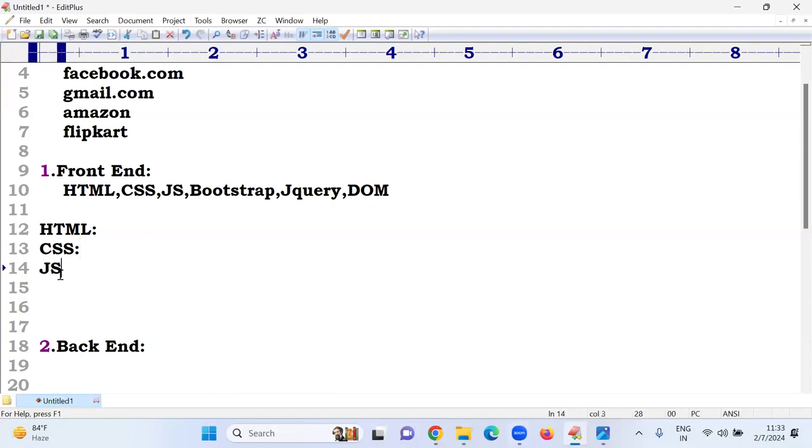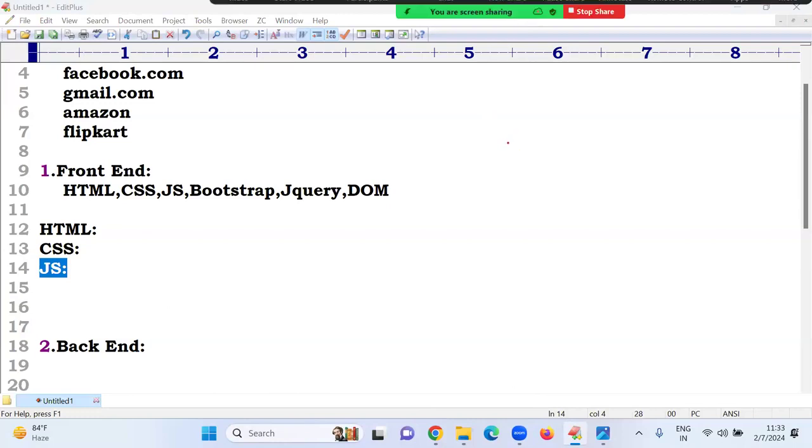Sir, third one, what is the third one? JavaScript. Sir, this is very, very important. In lifetime, somewhere it will definitely be useful for your life. You can learn this JavaScript also. In UI technology, maximum they will cover JS also. Yeah. Sir, what is the use of JavaScript? For example, sir, there is one person. One person will be available.